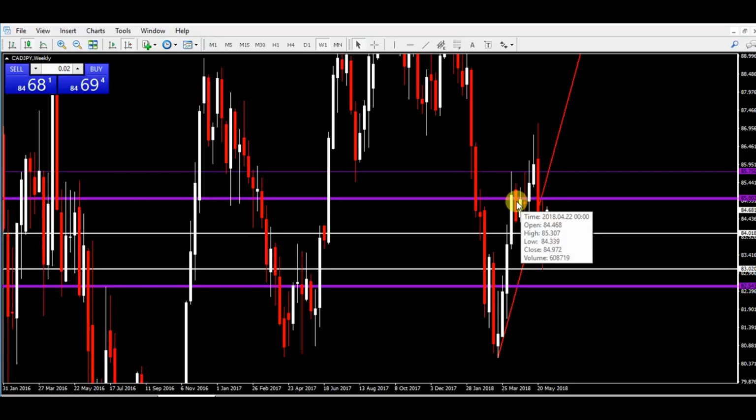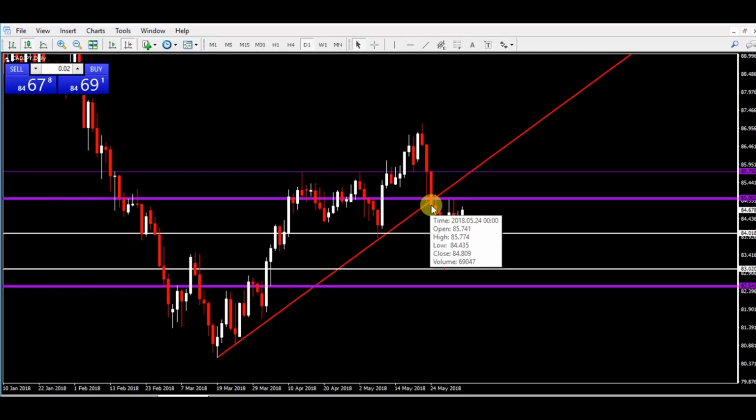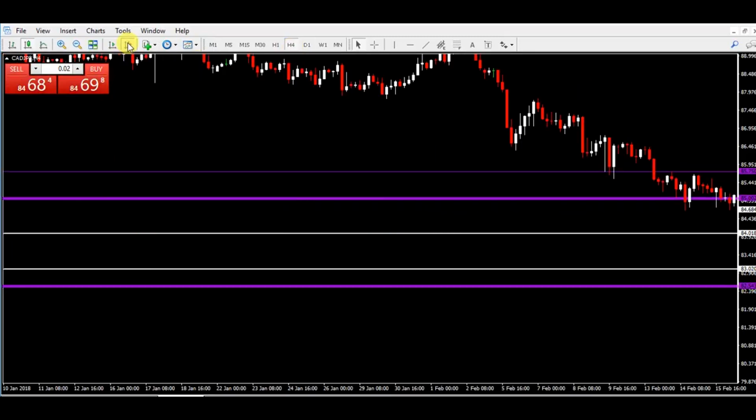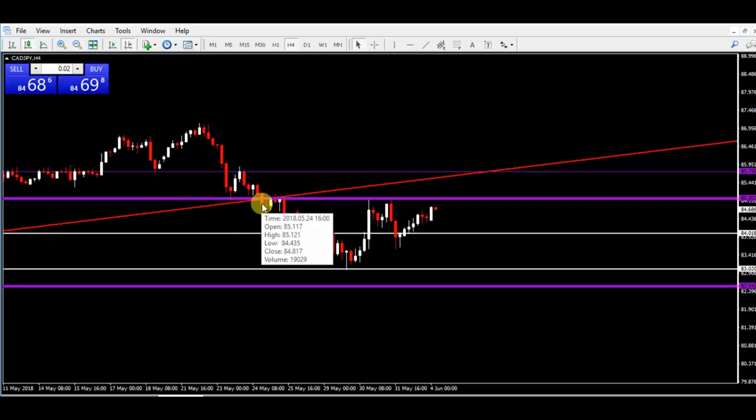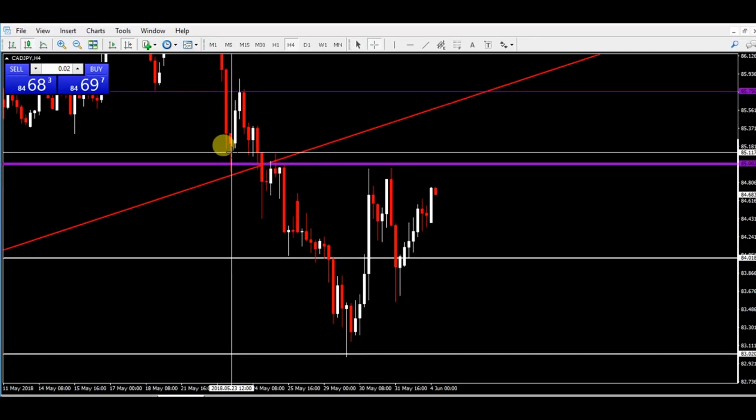85.00 whole number. So that being said, would have gone down to the daily, same rules to be waiting for, the same rule to be met. Boom, got that break and close below. Our bias would have been short at that moment. So let's see on a lower time frame what would that have looked like when we got that break? The break happened right here. Boom. Broken and closed below. This is the 4-hour time frame. Got the 4-hour previous support.